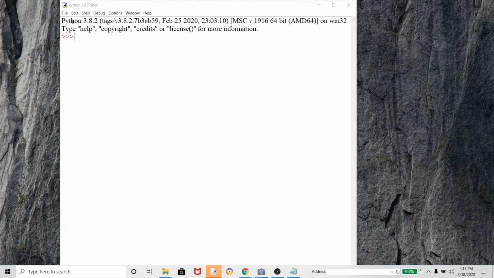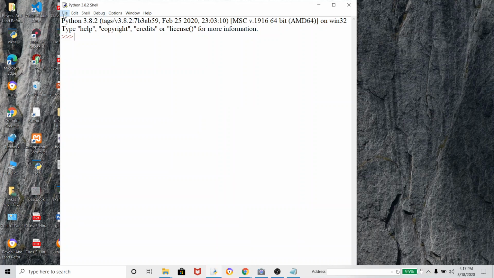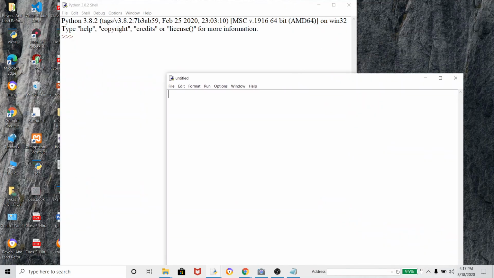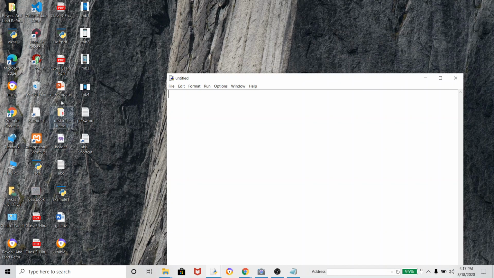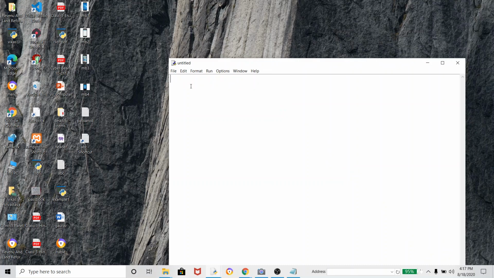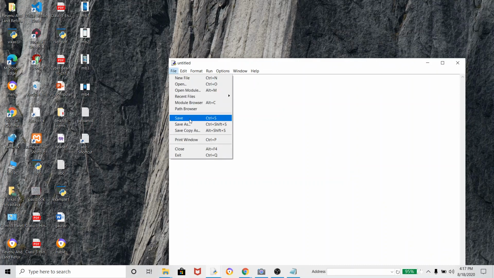Yeah, it is open. Now from the file menu, I have to go to the new file. After opening the new file, on the desktop we will see how many files are available. ABC is there, password is there. These are the files which are not important. Clear? So what I have to do, I will save this file first.